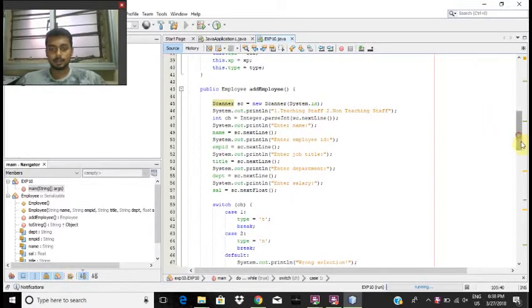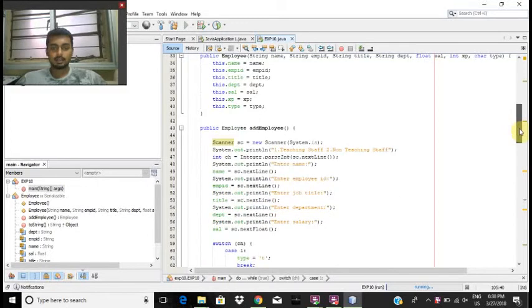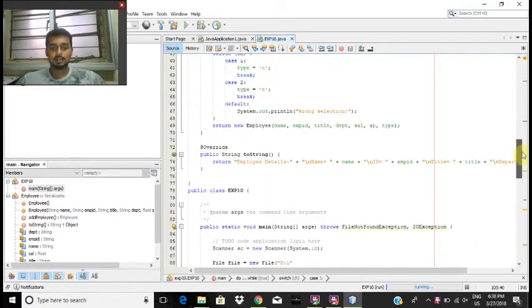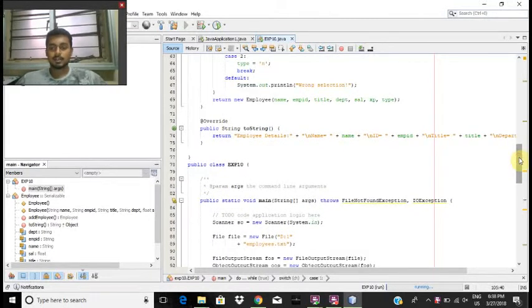salary to be given. Now we've created an attribute called type, and we'll be using a switch case here to store whether the employee that is added is teaching or non-teaching as T or N in type. Every time the object will be created. And we return the attributes, and we override the toString function to display all the data that we have collected